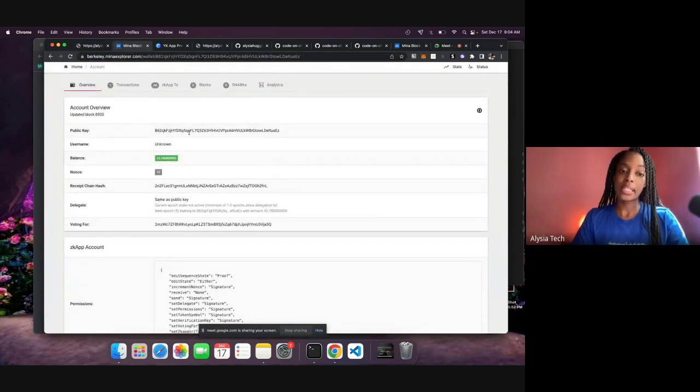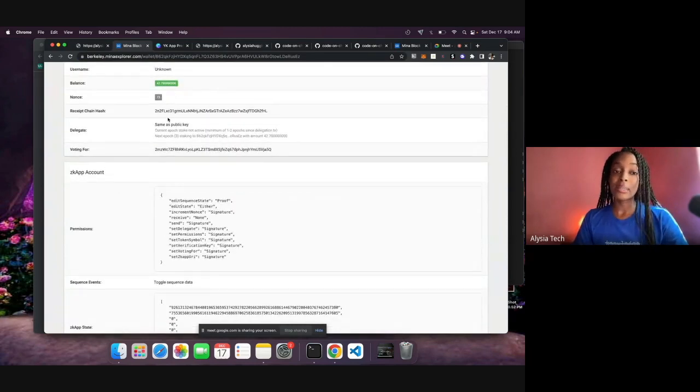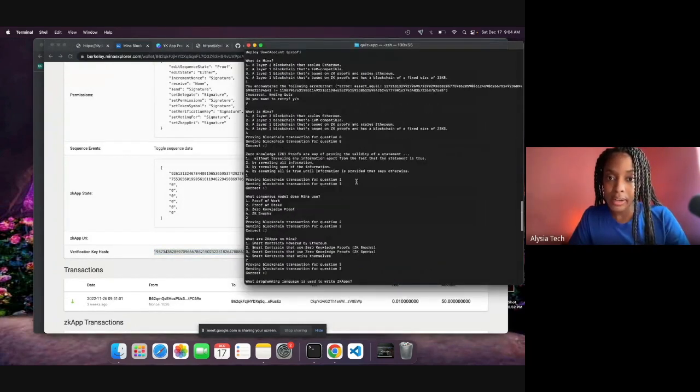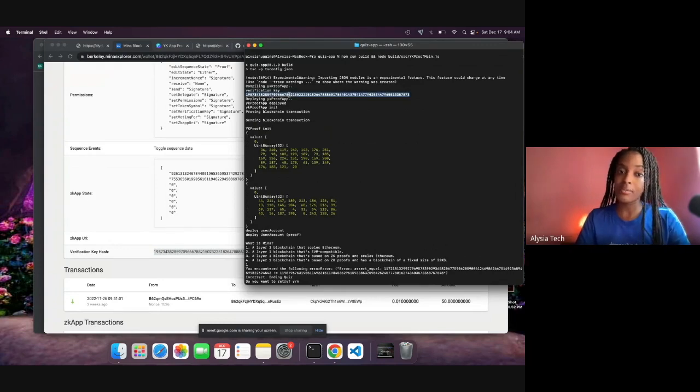It's deployed to this particular address. So as we saw in the quiz, in order for an address to contain a smart contract, it must have a verification key. So this is the verification key hash. I wonder if I printed that out here. Perfect. As you can see, the hash that I have on my local version, running it on the Mina local blockchain, is the same verification key that I have on the public blockchain